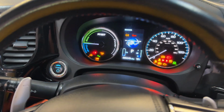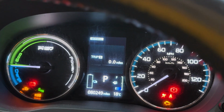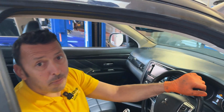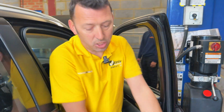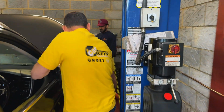Let's see. Foot on the brake. Nothing is happening, obviously, apart from the warning message. The combustion engine is separate from the high voltage somehow, but it acts as a generator because it's charging the high voltage battery. So since we found this fuse,